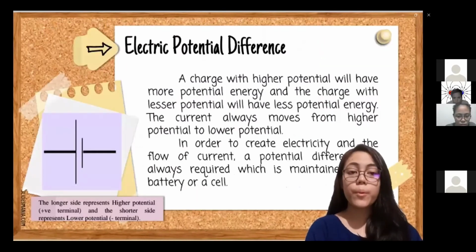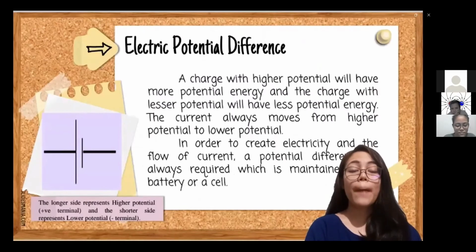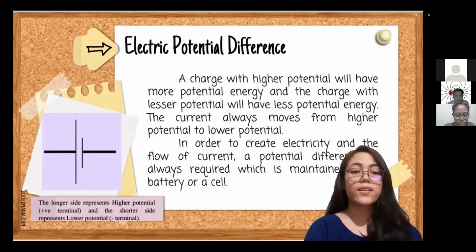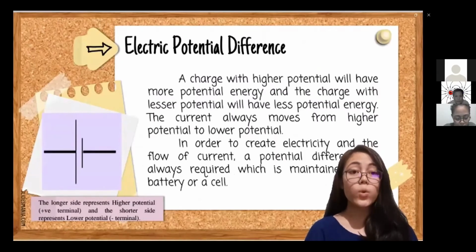Electric current flows from a point of high electric potential to a point which has a lower potential. It is just like the behavior of water that always seeks its level. Current flows between 2 points that have a difference in electric potential to balance this inequality, just like what I have said earlier. So as the current flows between 2 points, every charge gains energy that is equal to the